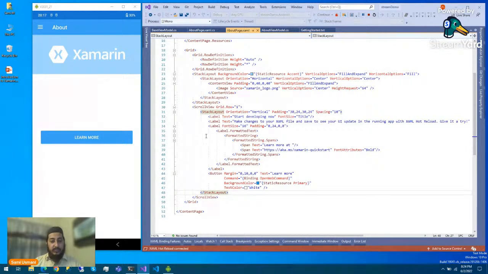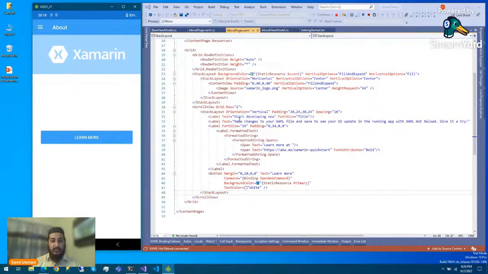This scroll view means that we have scrolling capabilities here, and then we have a stack layout here which is showing some text. So what does this mean? This means that we can develop and design any kind of UI we have in our mind, and we can just put it down here and work with it.